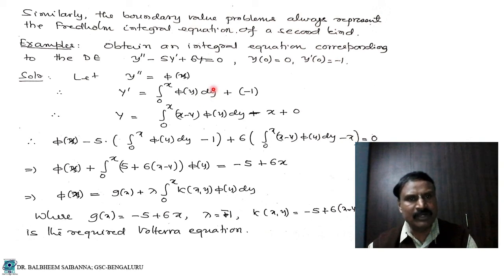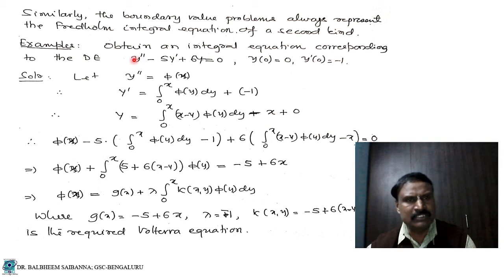Then using the formula, here n is equal to 2, then integral of x minus y phi of y dy, one integration gives x. Here how will we get it? Using this first condition, y of 0 is equal to 0, x is 0 means this is totally 0. The x value is 0, so c2 is 0 here. Then phi of x, we already know that.